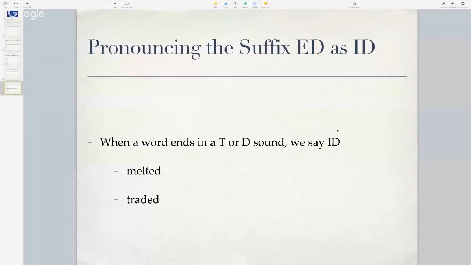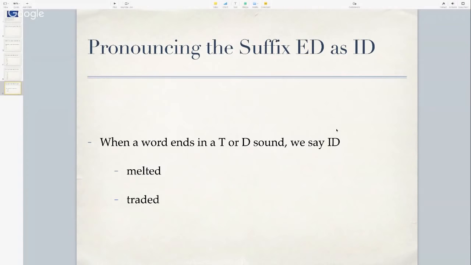Okay, so good question. Miriam, how do you pronounce the word headed? So if we look back at our rules, think about the root word. That root word there is head. So if we have the root word head,